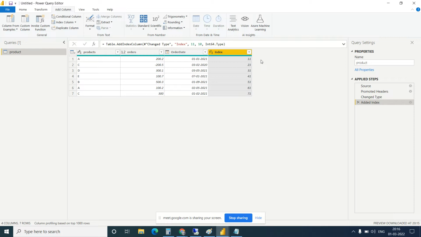So this kind of value I want to show. So how will you put the condition on orders? If more than 200, it should show good. If less than 200, it should show not good. So how will you show this?